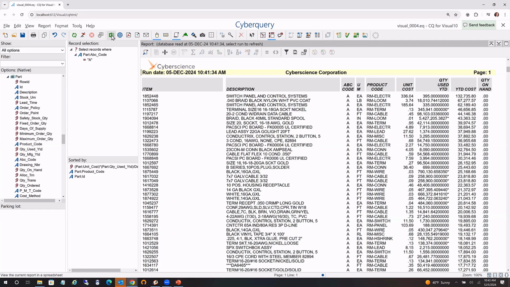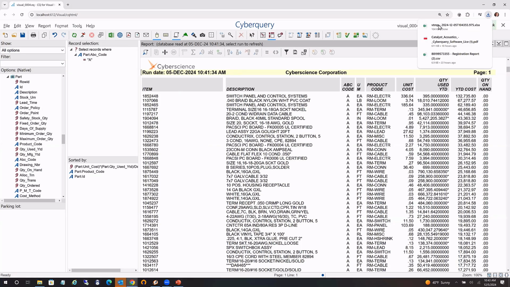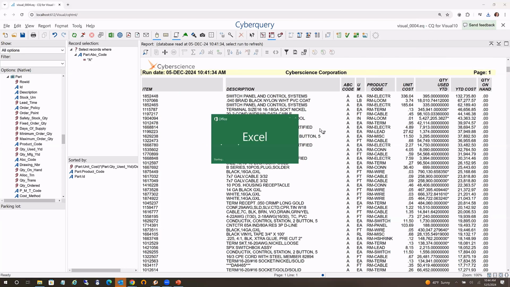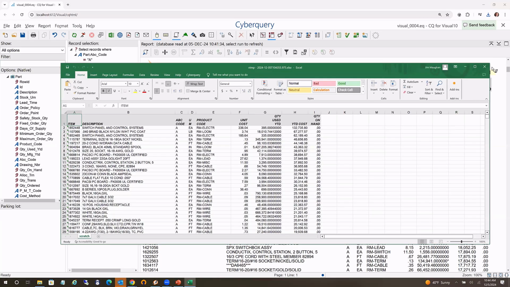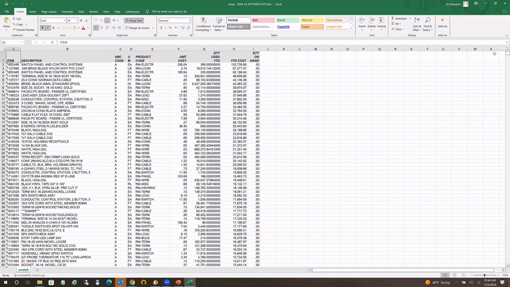Now I'm going to click on this next icon. Here's Excel. So if I click on there, the system is going to go out there and dump that report into Excel for me. I'm going to go out here and just open Excel. And so here's that report. We just dumped it into Excel that easily. If I scroll down here to the bottom,